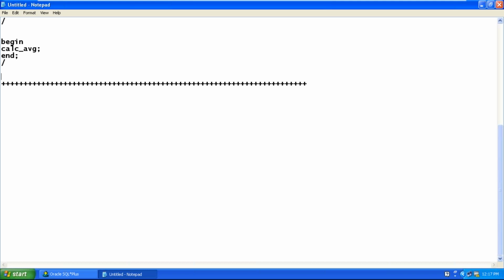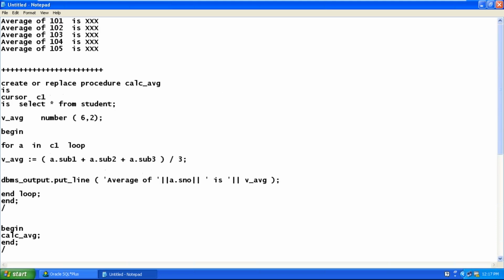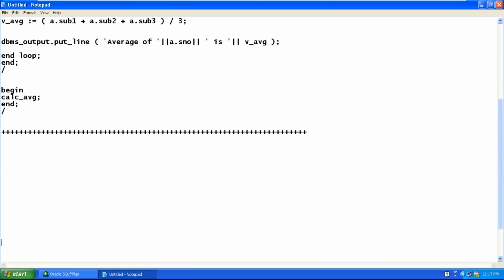We discussed it, I think. Can a procedure have parameters? We have learned that there are three types of parameters. What are the three types of parameters a procedure has? IN parameters, OUT parameters, and IN OUT parameters. We very frequently use the IN parameter. We don't use OUT and IN OUT parameters frequently, but we have not discussed how to use them. Let us have a discussion about OUT and IN OUT parameters.